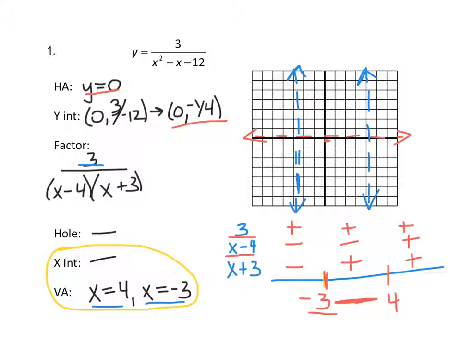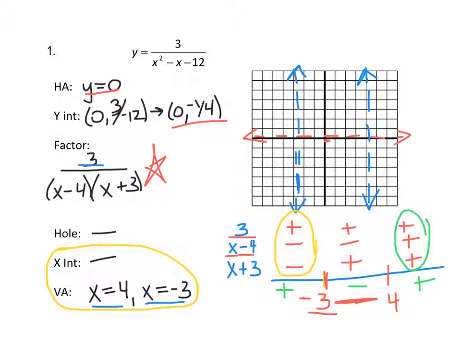Now, all of this was being multiplied and divided in my original fraction. And so what I do is I look at each column and I think about multiplying. If I have a positive times a negative times a negative, that gives me a positive number. If I do a positive times a negative times a positive, that's a negative number. And a positive times a positive times a positive